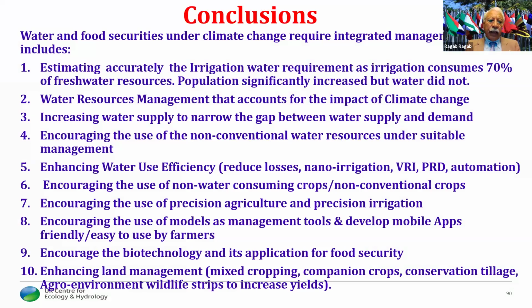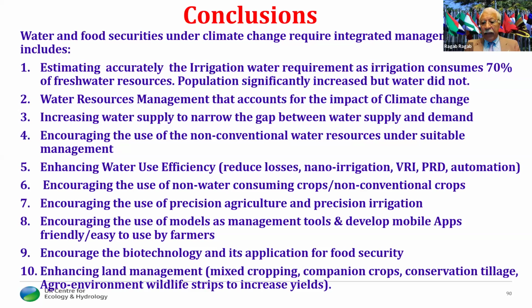So in conclusion, water and food security under climate change requires integrated management that includes: 1, estimating accurately the irrigation water requirement, as irrigation consumes 70% of fresh water resources. Population significantly increased, but water did not. Water resources management that accounts for the impact of climate change, increasing water supply to narrow the gap between water supply and demand, encouraging the use of non-conventional water resources under suitable management, enhancing water use efficiency, reducing losses,